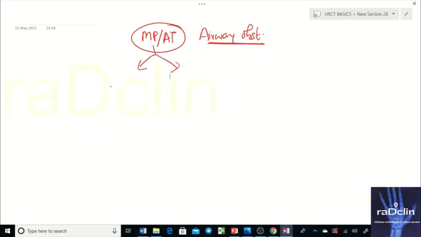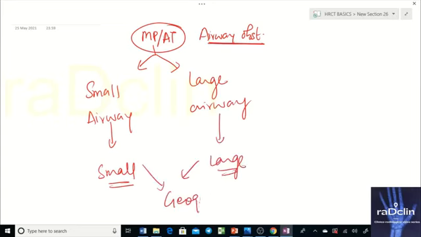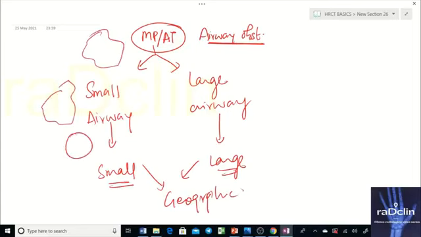Now the airway that is involved could be a small airway or it could be a large airway. So if you have small airway involved, you have small air trapping areas or small mosaic perfusion. If large, you have large areas, but both of them will be geographic. Typical location, typical areas like this, geographic areas. This would be circumscribed. Emphysematous change would be circumscribed or round to oval. But here you have a wall, and here you do not have a wall. So these are the three, and I've just told you how they appear, to differentiate them.